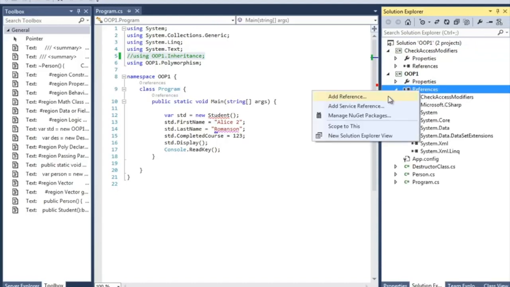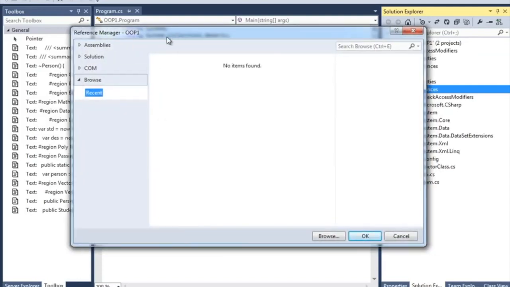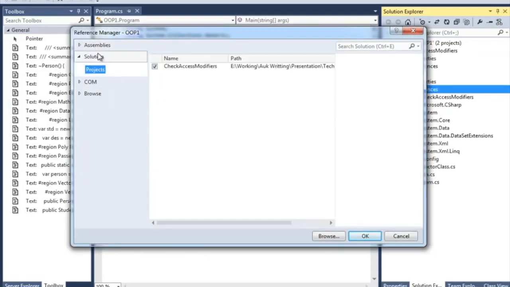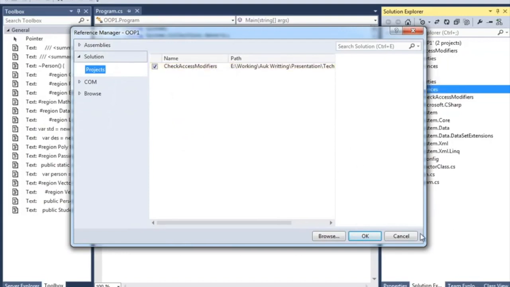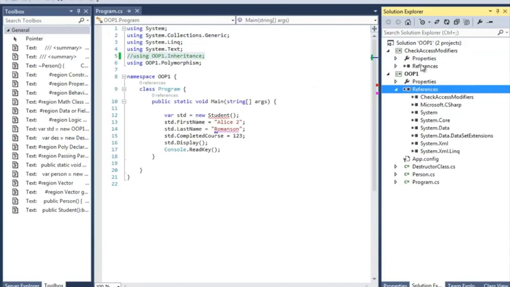You can add other projects' library references from this dialog box, go to solutions, and add your other project's assembly to your project. Whenever you hear me talking about assembly, you have to understand that it basically means a project.